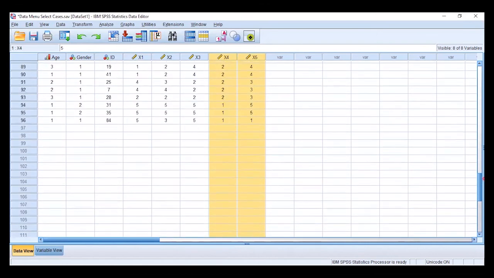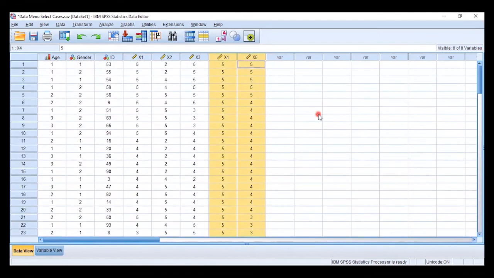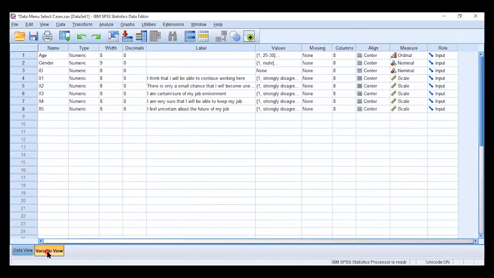Now see up to the end. So this was one way when you want to rearrange the columns if there is more than one. Now alternatively, every time you find the Data View and the Variable View. So if you want to convert the variable, you can also do this. You can rearrange this one. For example, we want to rearrange your variables on the basis of name, type, width, and role.